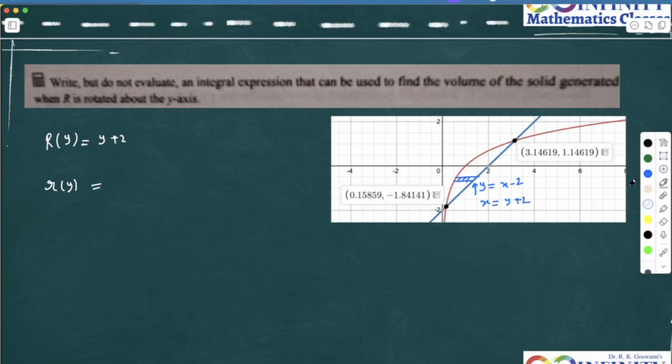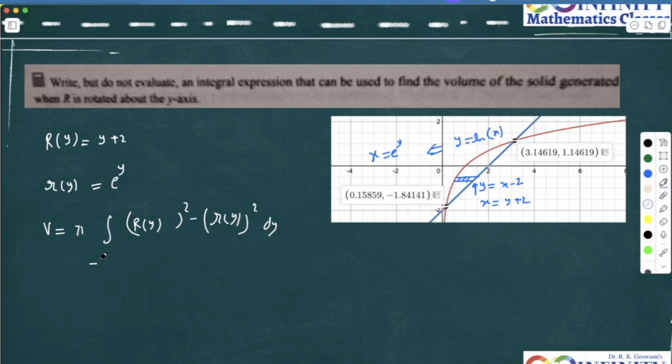What is the left hand side? The left hand side is y equals ln x, and the equivalent is x equals e to the power y. The limits are going to be the value of y at this point and the value of y at this point. So the volume is going to be pi times the integral of R(y) squared minus small r(y) squared dy,